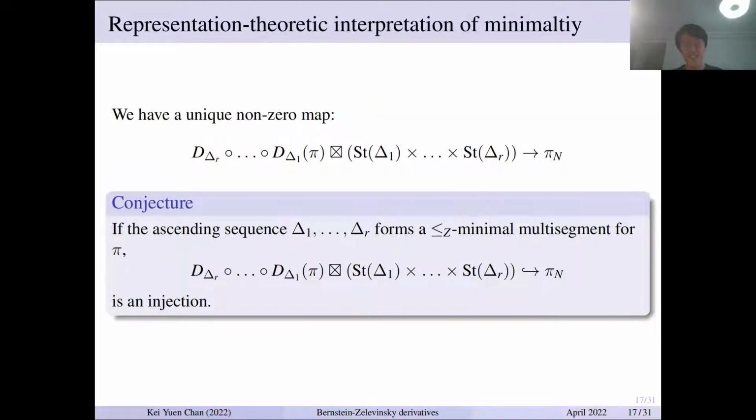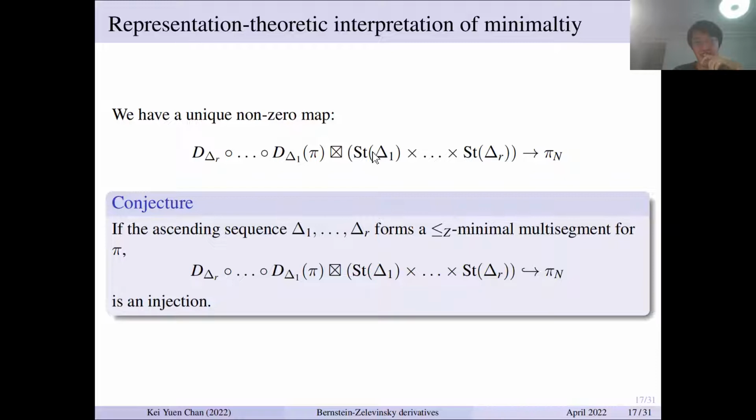So basically, that should be some representation theoretic interpretation, but I have not really proved such a thing, but I think it should be true. So yes, some kind of that. If you do those sequences of derivatives, this is in ascending order, just as before. So then you can have a non-zero map. As such, the non-zero map is unique. The uniqueness is similar to the uniqueness in the things we talked about. So the map is unique.